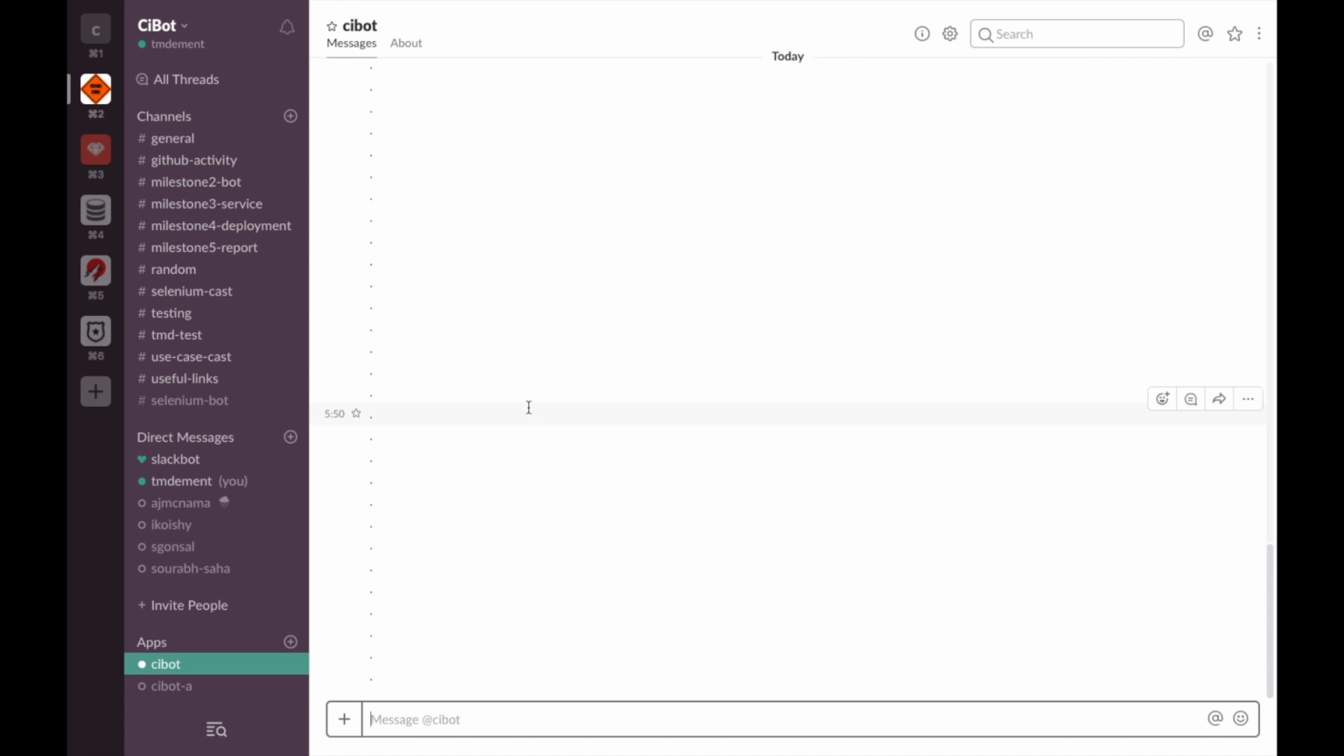Hello and welcome to the service demo for CiBot, the continuous integration Slack bot we're building for our software engineering class. Our first use case covers the initial setup of Travis CI on a repo, as well as the integration